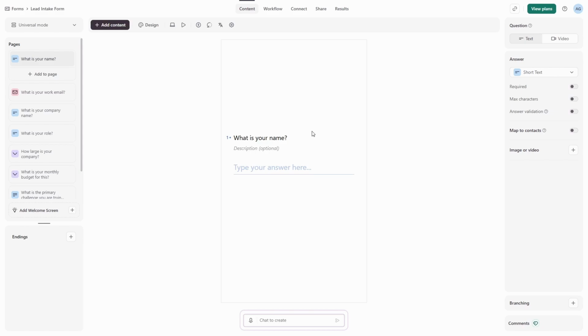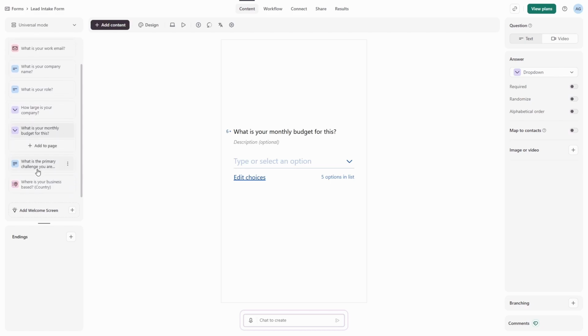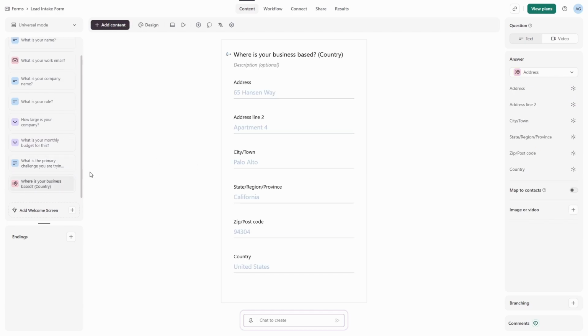The first one is just a what is your name, and that's a short text question for the lead's name. Then we ask for their work email, their company name, their role, how large their company is, and what their monthly budget is. We also ask what their primary challenge is and where they're based. This is where we get the geographical data. That's really it for the Typeform. It's quite